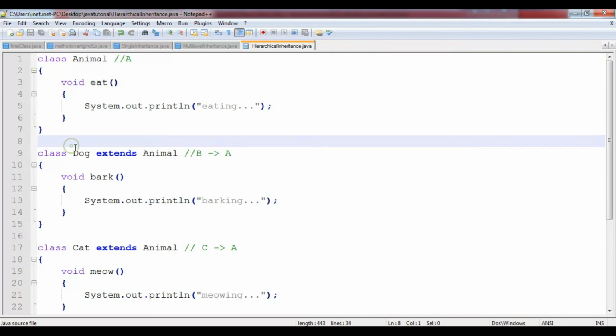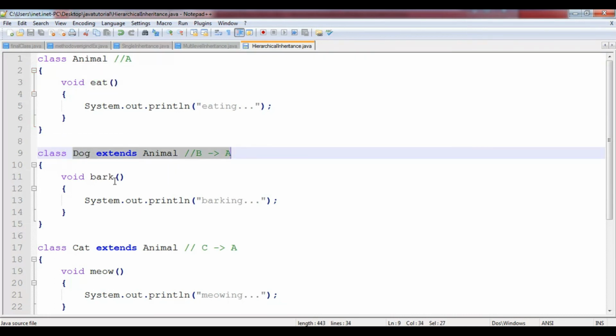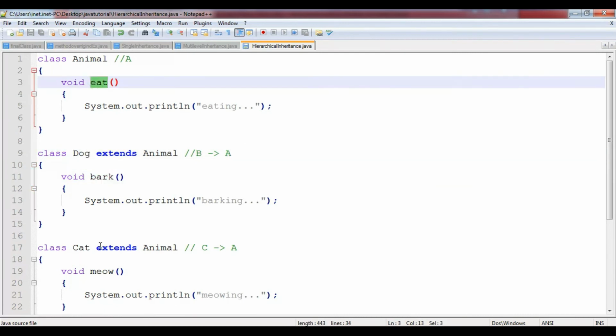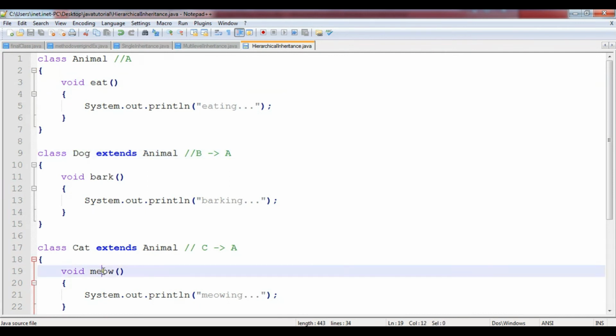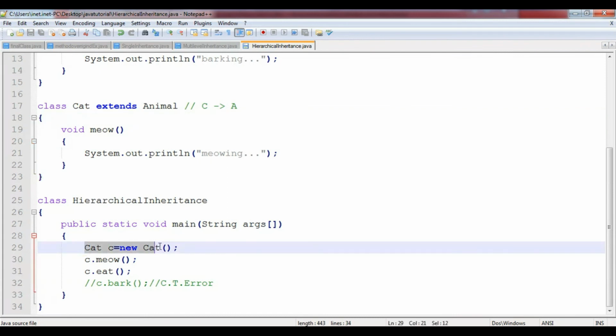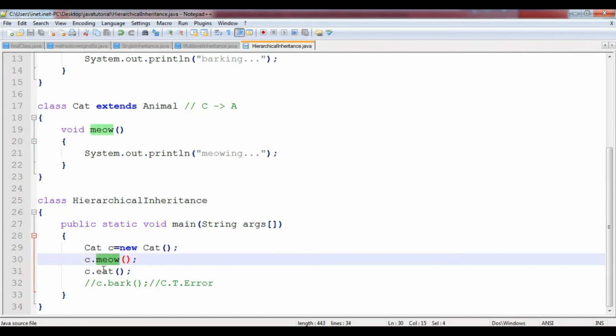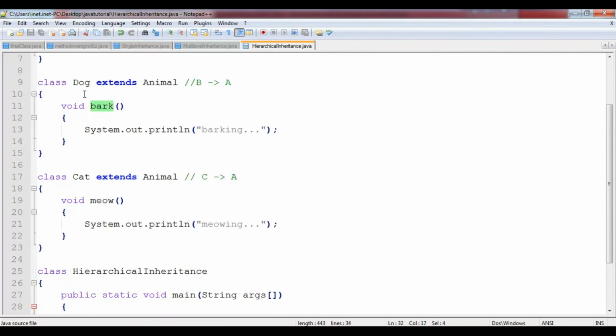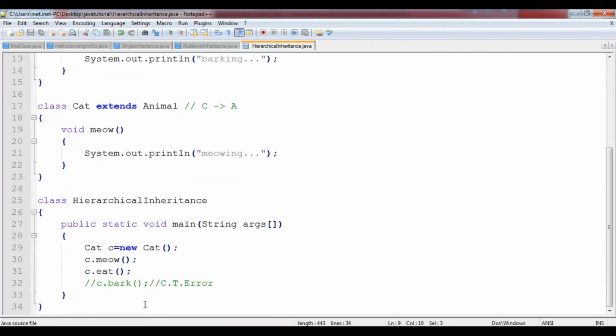This is class B, or you can say the Dog extends Animal, so through the object of Dog you can access the bark method and eat method. But through the object of Dog you can't access the meow method. This is a simple example: using the Cat object you can access the meow method and eat method, but you can't access the bark method, which is in the Dog class. So this is the example of hierarchical inheritance.